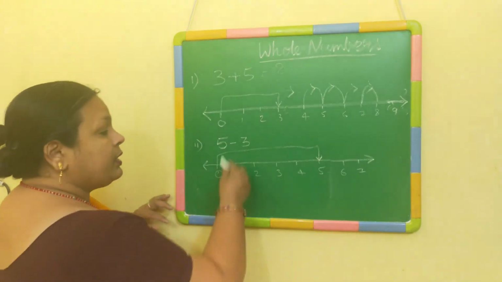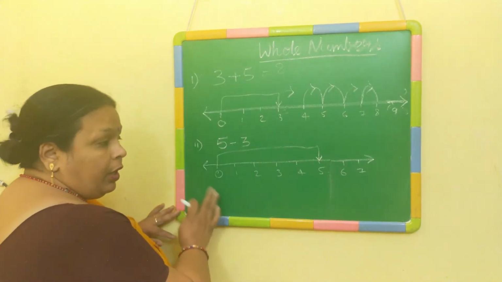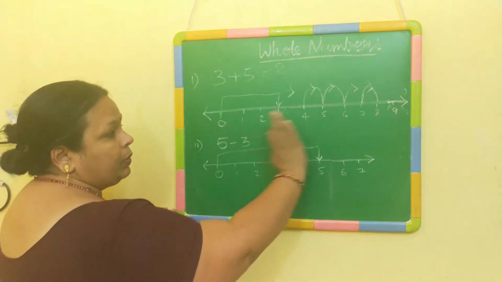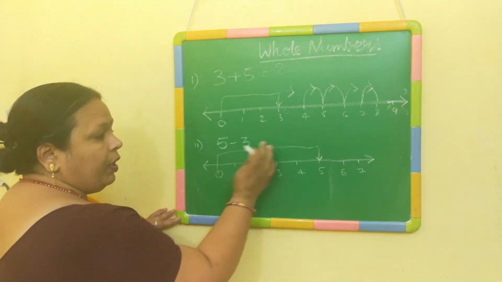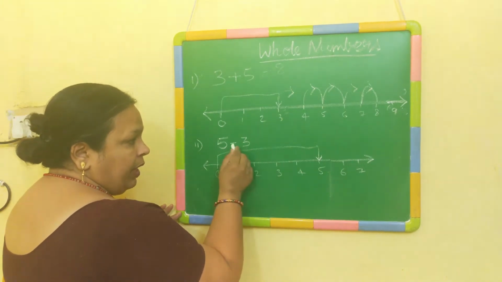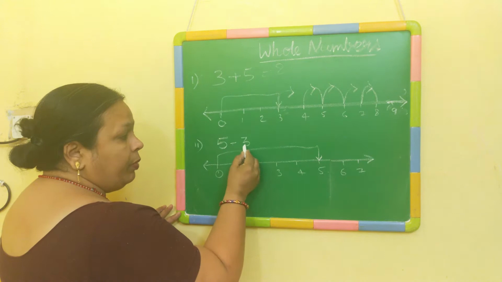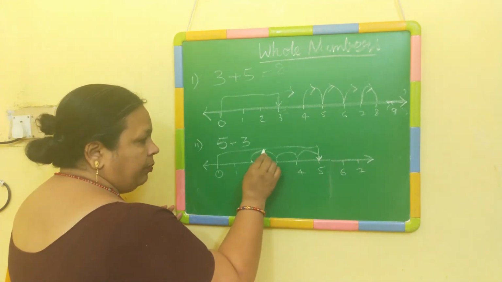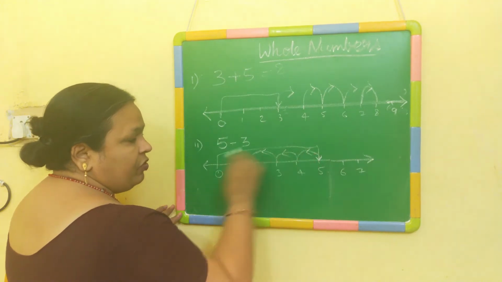Subtract means the answer which we are going to get is definitely less. Now when it is less, minus sign, on a number line, the thing to be remembered is when you are going to add, you will move towards the right. When you are going to subtract, you will move towards your left. Now left movement, minus says to move towards the left. How much? 3 units. So 1, 2 and 3. And do mention the arrows.